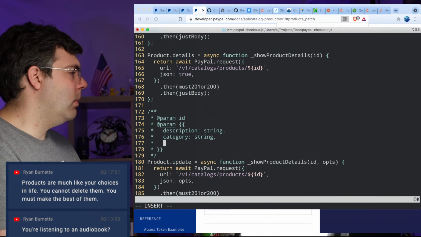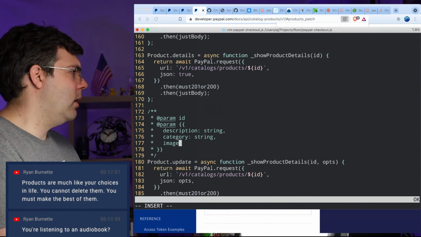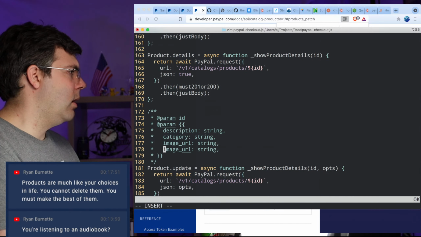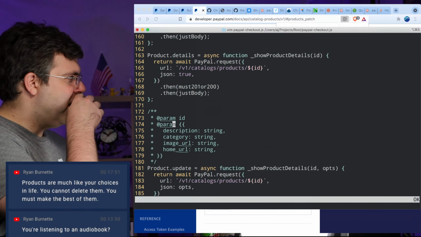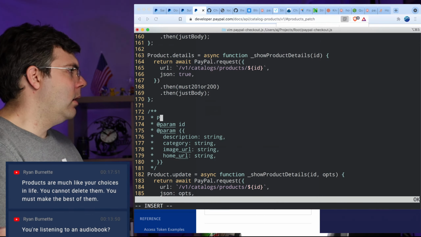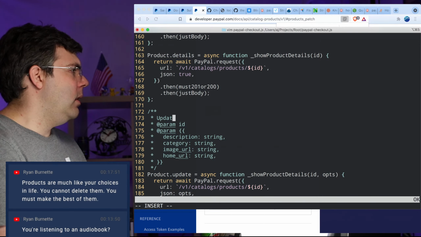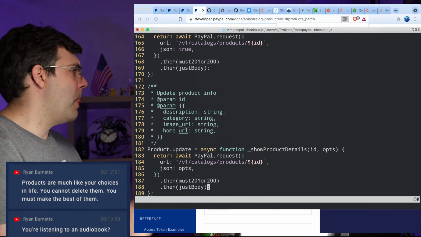Actually, it's an enum, but image URL, home URL. I think that's the way to do it, if I'm not mistaken. Update product info. All right.